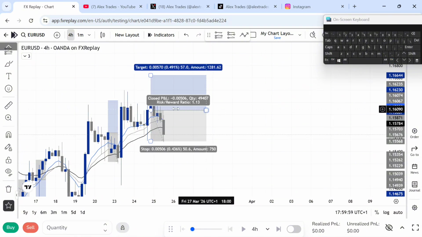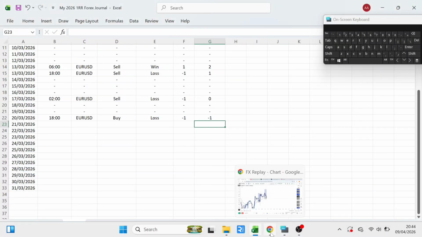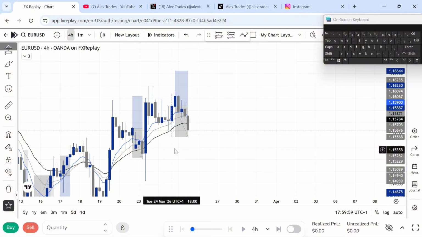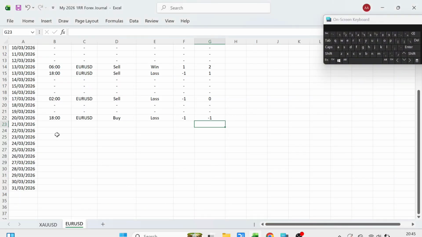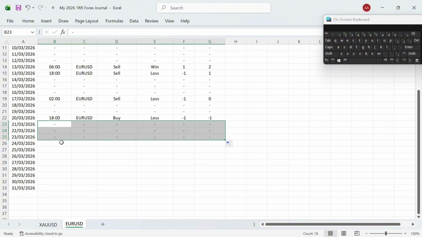Okay. Another loss. So let's enter it. This was on the 24th of March, 22 UTC. 24th. Now you flow with 1-to-1. This is where it starts getting psychologically difficult, because now your winning trades will not be able to cover the previous losing ones as much as 1 to 2 can. So